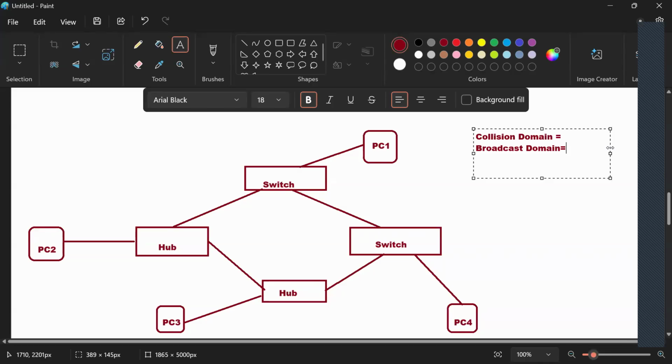No. 4 collision and 4 broadcast. No. 5 broadcast domains. One broadcast domain and 8 collision domains. No. One collision.